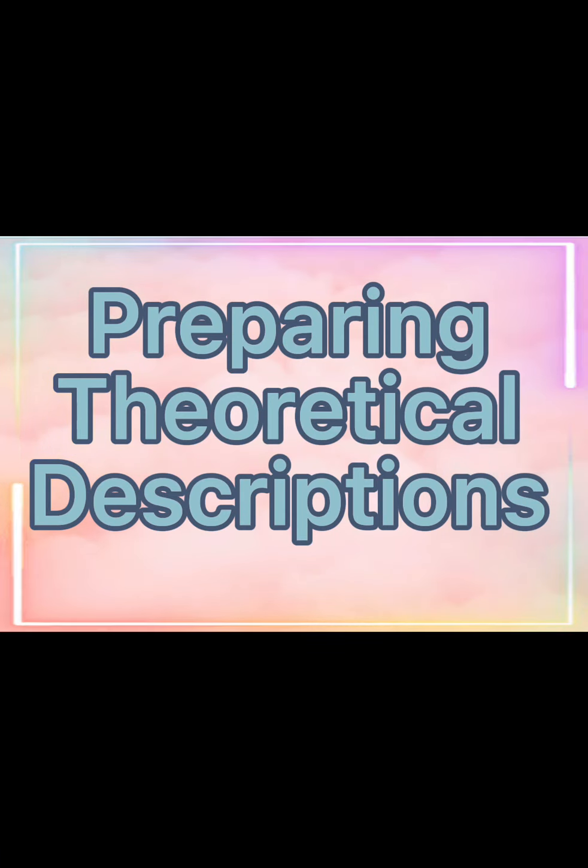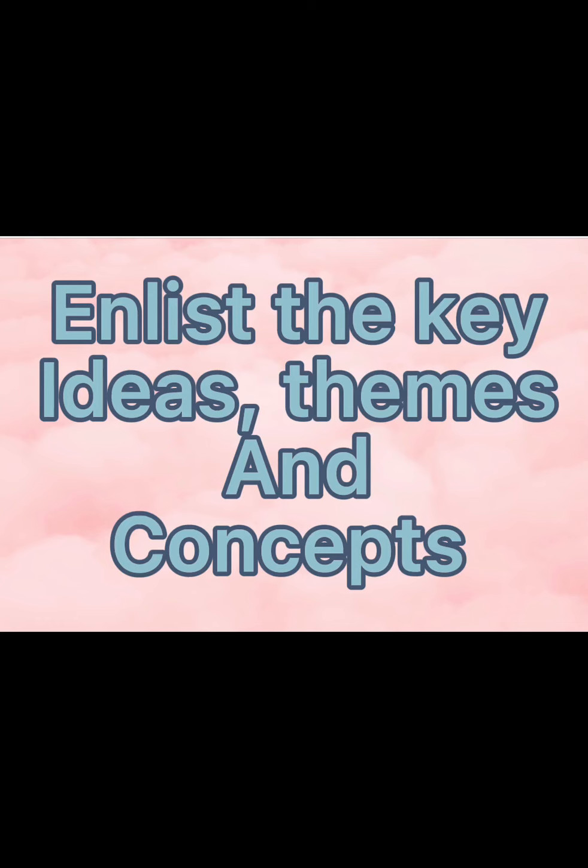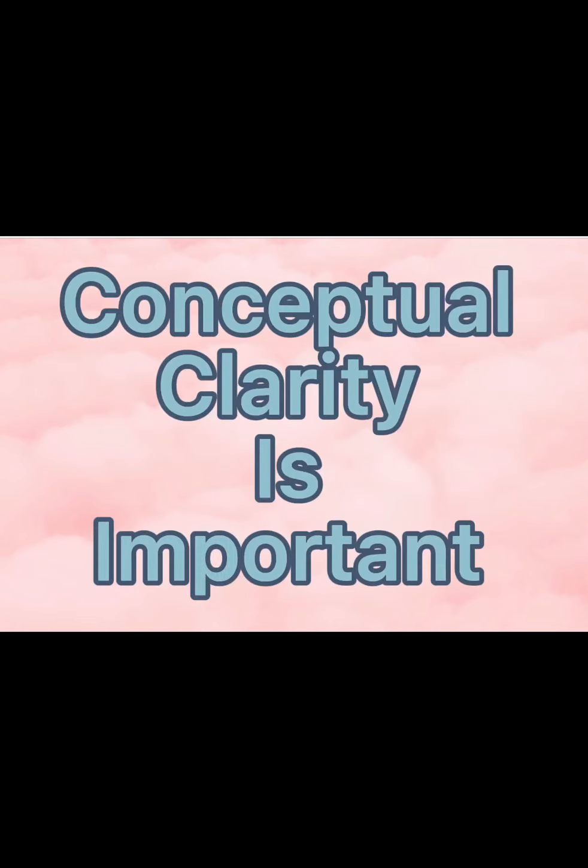Then mostly we always have a theoretical part in our course content as well. But sometimes, even from the theoretical part, some model or framework, we get some objectives. So what you are going to do for that is that you have to enlist separately the main themes of theoretical description and model. So you should have an overall idea of the important key core concepts within an overall theoretical description, and the main core idea of the author as well. So you need to just sort out the main themes of different theoretical descriptions that are relevant to your study.